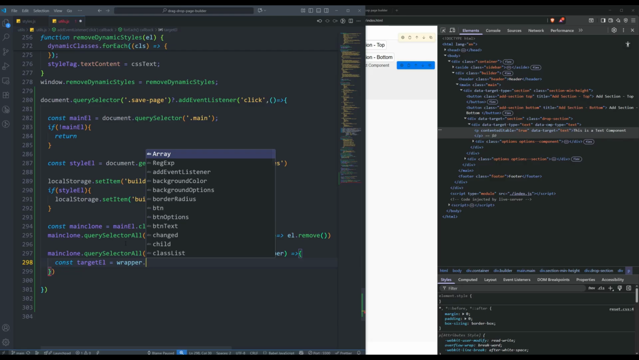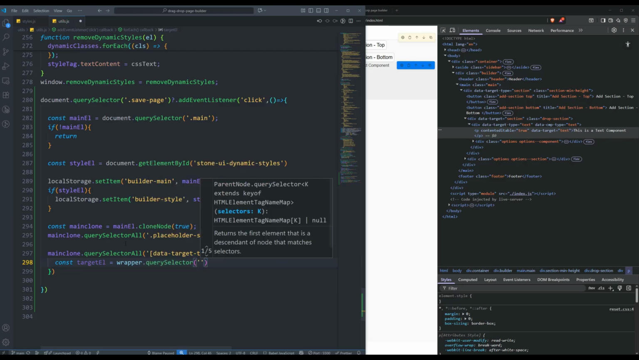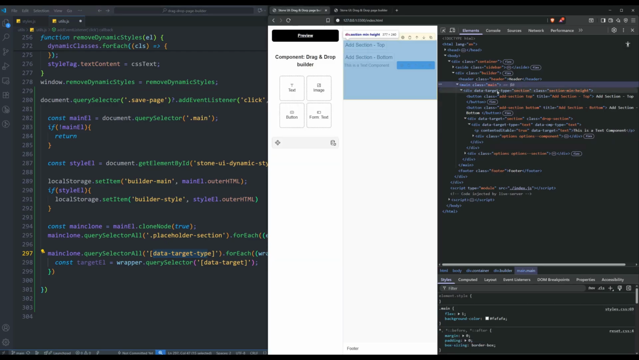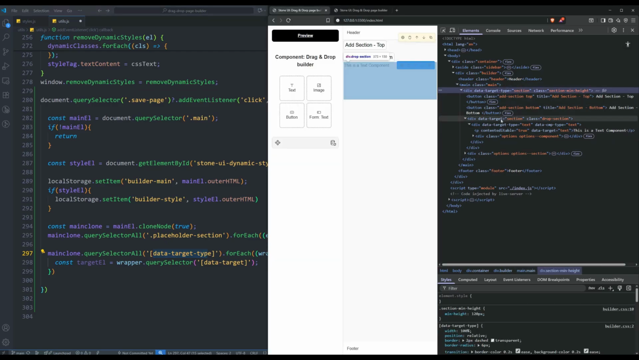Wrapper dot query selector, and we will select... Now let me explain what this is. So we are selecting all the data target type. So if you check inside the main, we have data target type, then we have this data target type, and